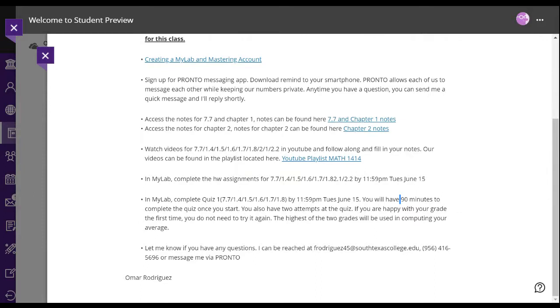And you'll get your grade right away once you complete the assignment. If you're happy with your grade, you don't need to do anything else. If you're not happy with your grade, you get a second shot, so you get to do it again, okay? And then whichever grade is higher is the one that I'm going to use when we're computing your average, okay? So if you take it the first time and you make, I don't know, a 65, and then you do it again and you get a 60, well, we're going to use the 65 as your average, right? So don't worry about what happens if I do worse the second time. We always go with the better of the two.